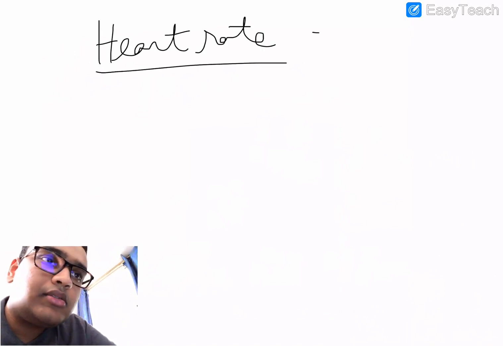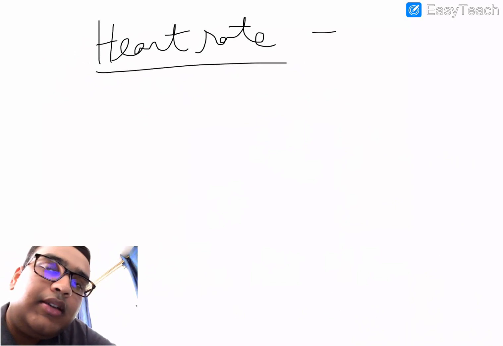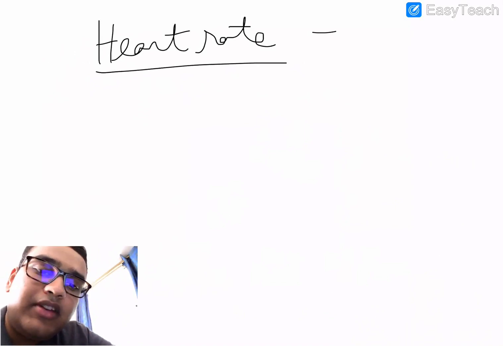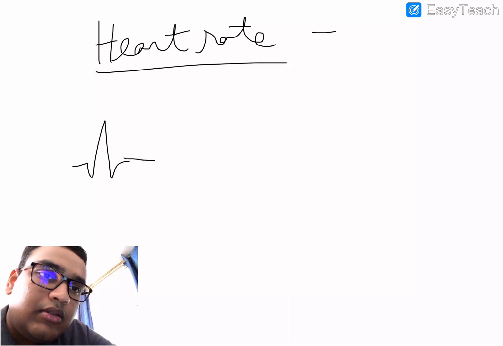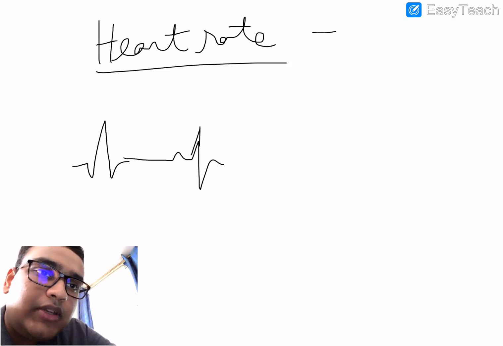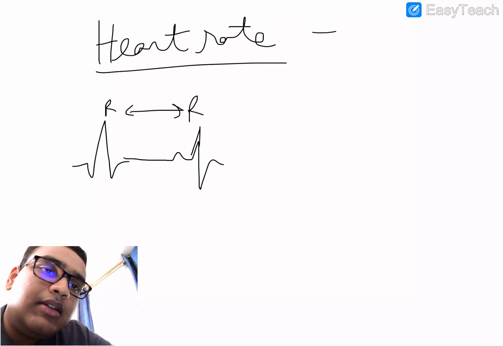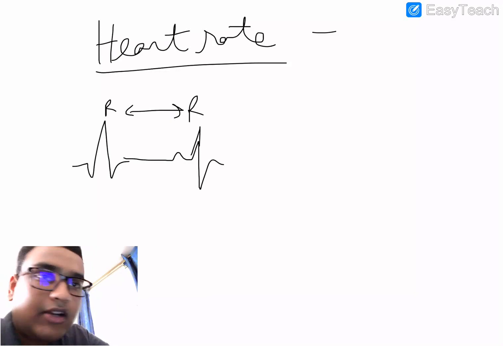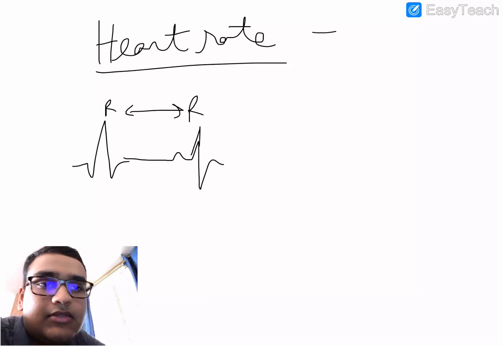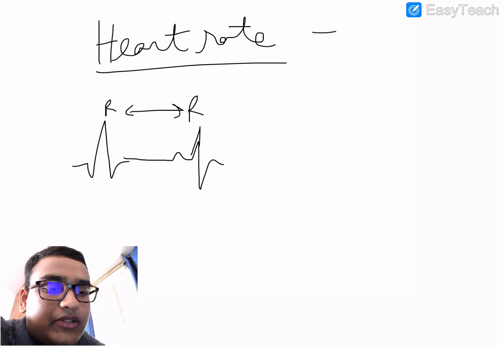Heart rate. If the rhythm of the patient is normal, you can take any 2 RR intervals and calculate the heart rate. But in case there is any arrhythmia, such as atrial fibrillation or any other heart blocks, you can't measure this, because it changes between each heartbeat. So in that case, you should take something known as a 6-second ECG strip and calculate the heart rate.